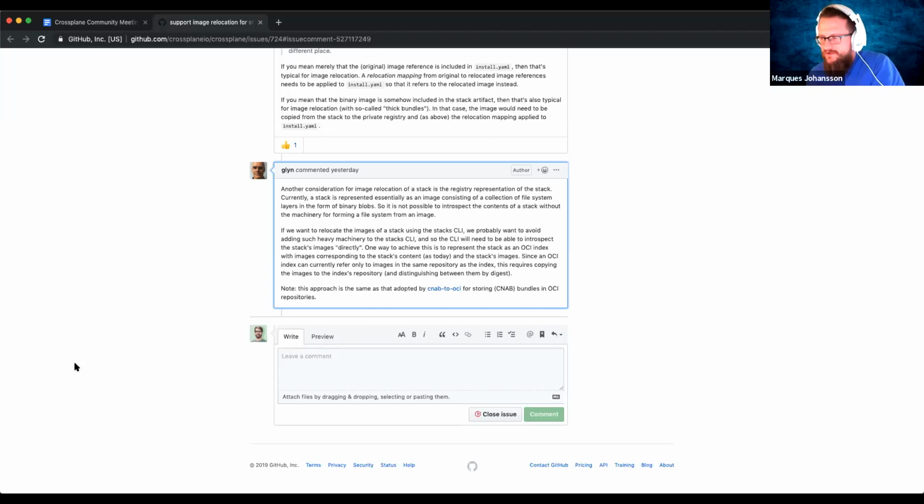I added some comments in Slack that I should probably move to GitHub here, but the link that Glenn provided, the CNAB to OCI, somewhere in there they reference the OCI spec about annotations, and that does look very suitable for what app YAML is doing. The comments that I added in Slack were essentially that